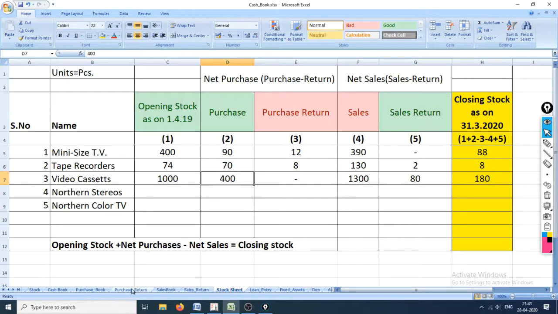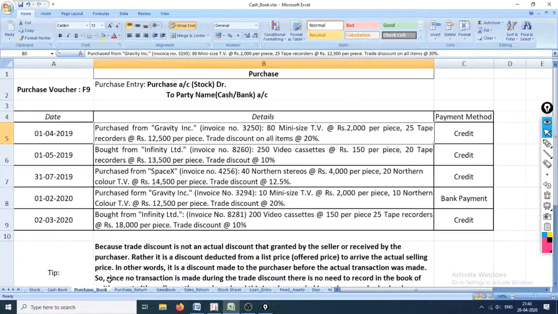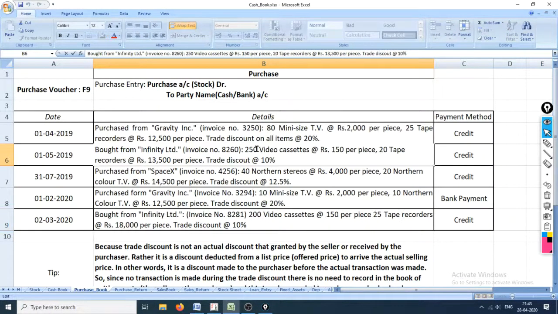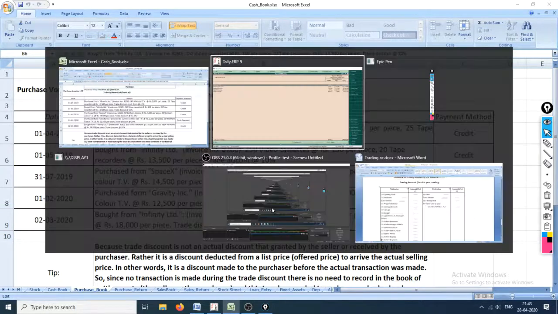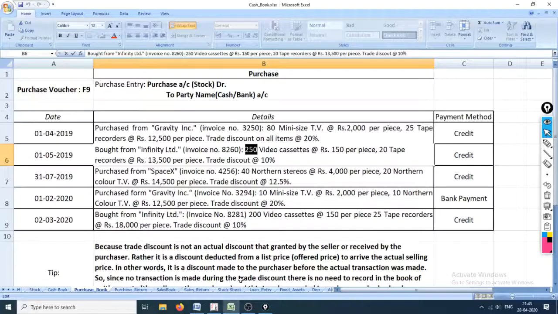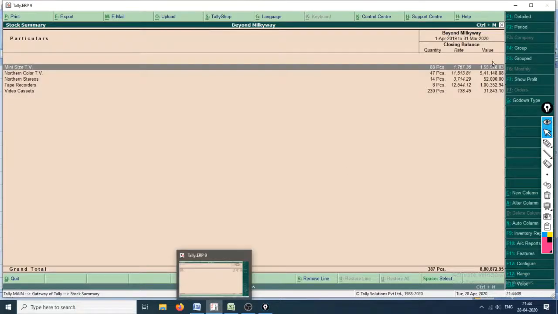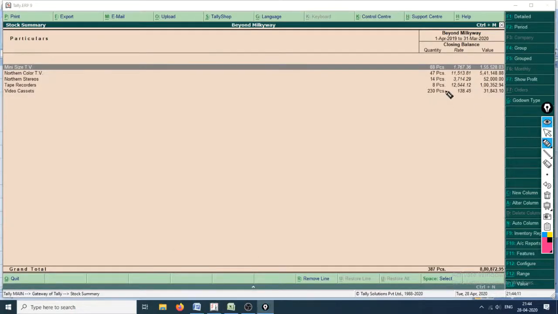Okay, you can see right here that is the mistake we made. Purchase of video cassettes is 200 right here and 250 right here. Hence, this should be 450, right? And let's see how it all changes. 230. Okay, so this one is okay.